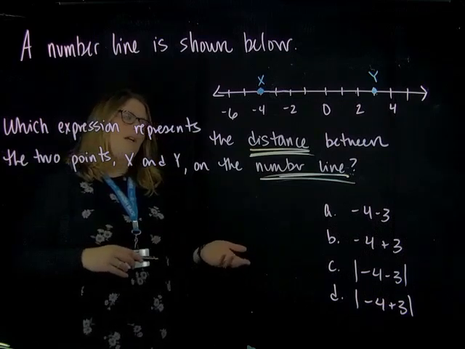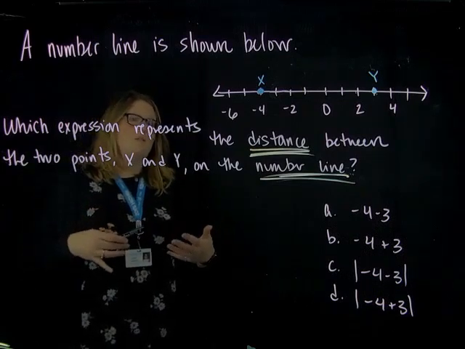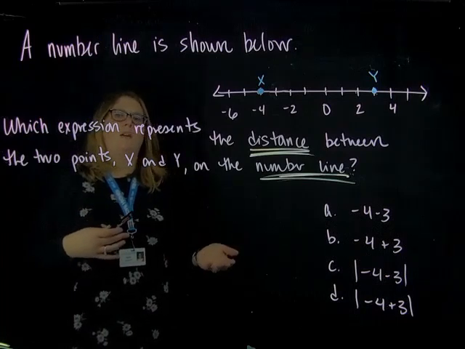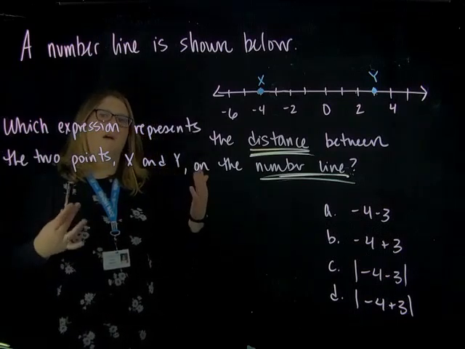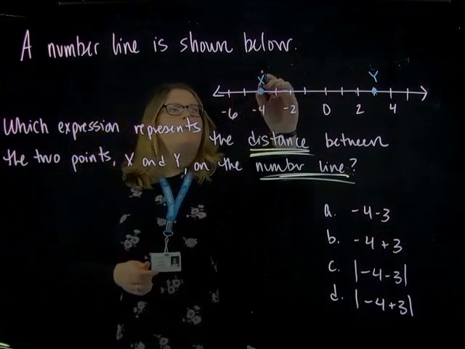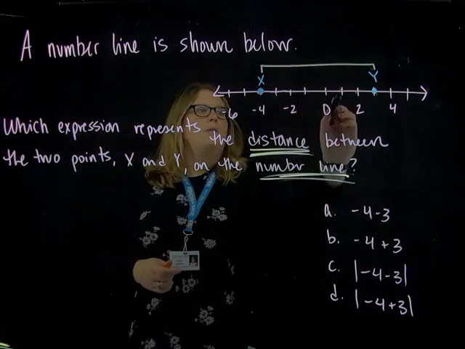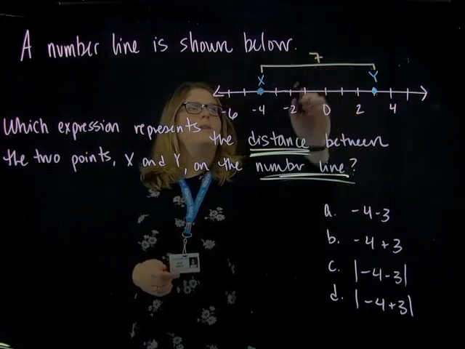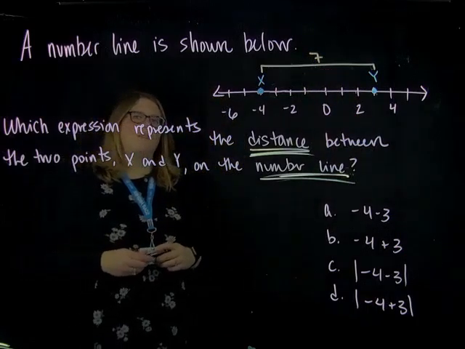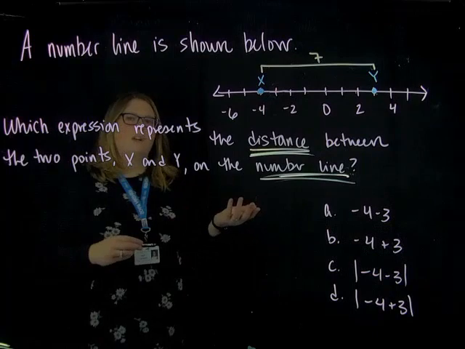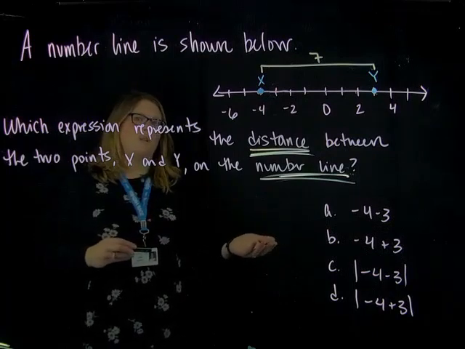So even before looking at your choices, I bet you guys know the distance between x and y here. We can just count the units between points x and y. So the points here between x and y, we have 1, 2, 3, 4, 5, 6, 7. So we know the distance between x and y is 7. So that's another piece of information we can use when we look at our multiple choice